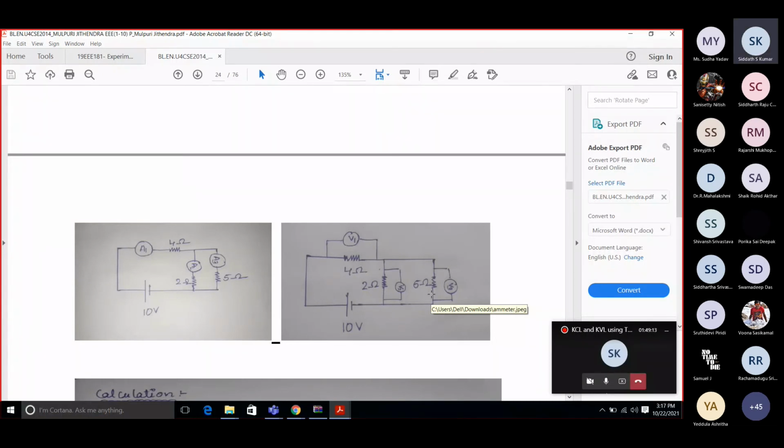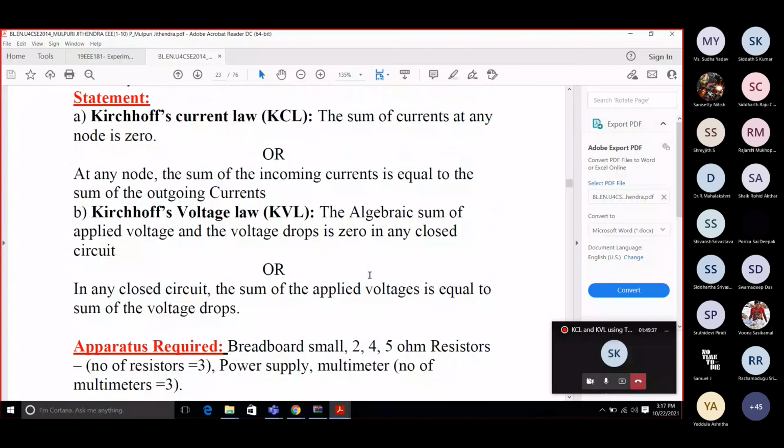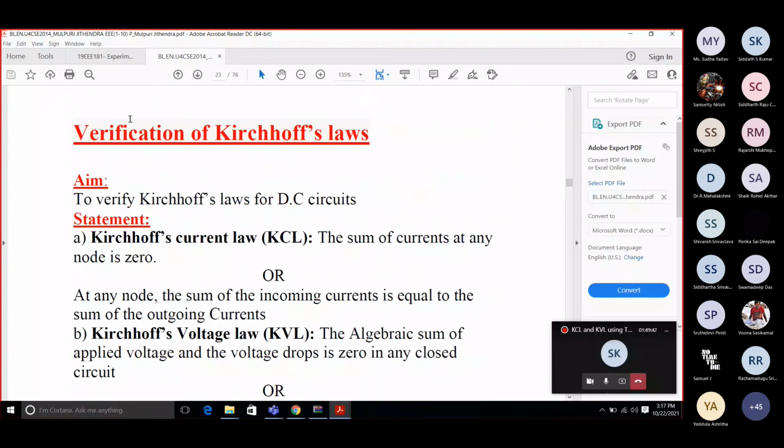Okay, ma'am. So we should do all this in a Word presentation and submit it, ma'am? Should we do all this in MS Word or something like that, ma'am? In Word you can just write it. Take a PDF, that's all. So many things are available in the manual itself. You can just copy and put it. All these things are there in the manual. So the manual is shared with you.